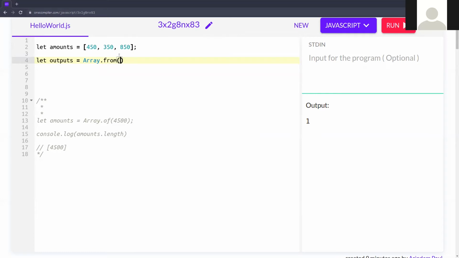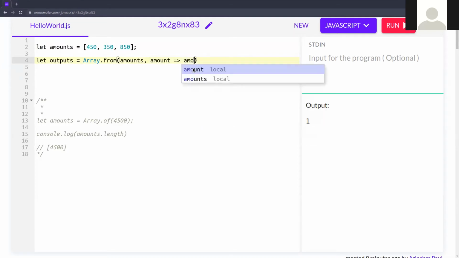Actually here we are passing two arguments. The first one is this array. The second one is a callback function, meaning an arrow function I'm creating. So for amounts, I'm creating amount. That amount indicates each individual amount, like first 450, then 350, then 850.